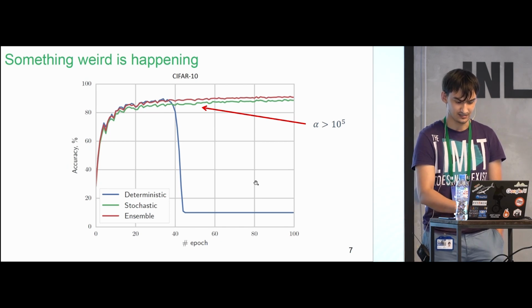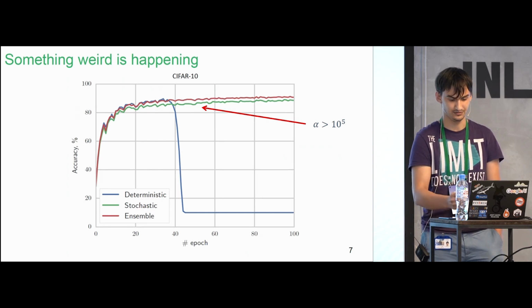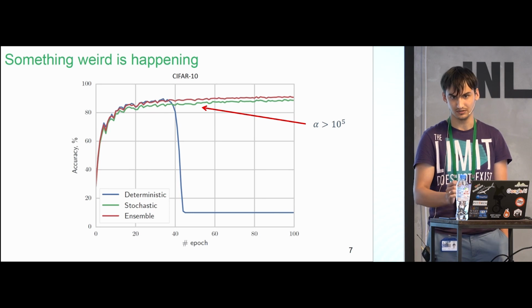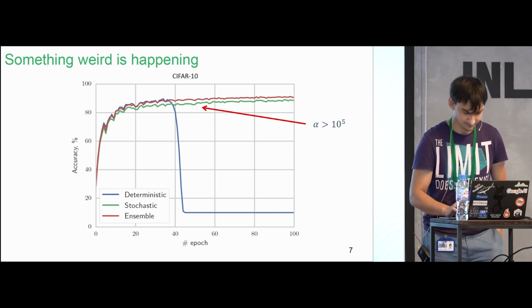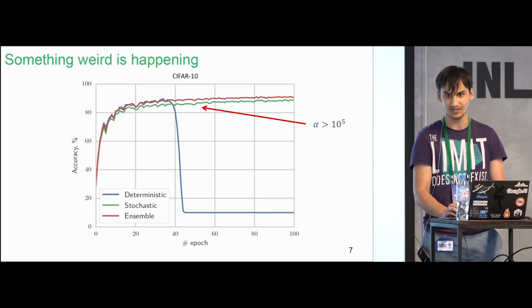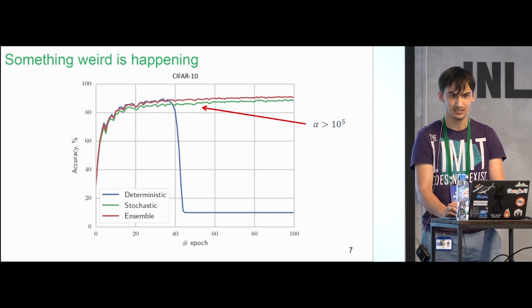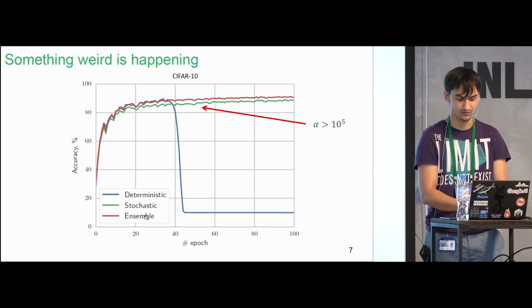So it turns out that around epoch 50, the alpha, which is one for a single layer, goes to infinitely large values, like 10 to the power of 5. And the network goes to a very strange regime. In sparse variational dropout, if all alphas for a single layer would go to such values, you would just sparsify the layer completely so that all the weights and all the variances will essentially be 0. But here, this is obviously not the case, because if you set all the weights to 0, you cannot propagate any information through this layer. You would obtain a random guess quality even if you perform stochastic or ensembling prediction.